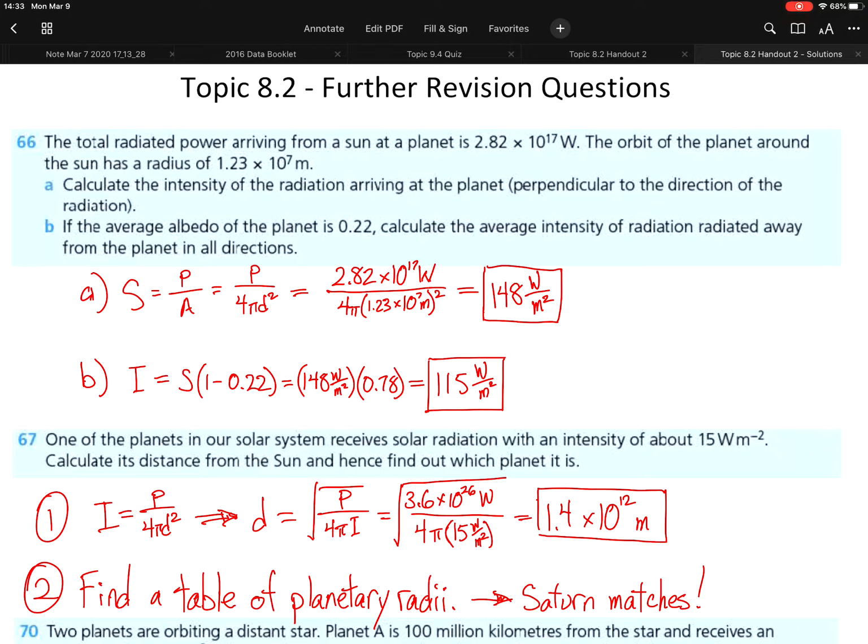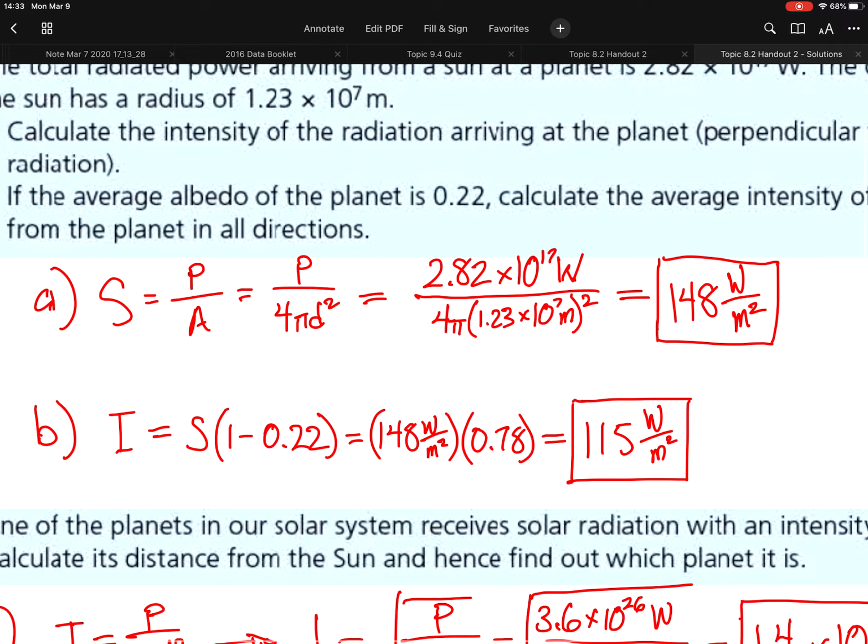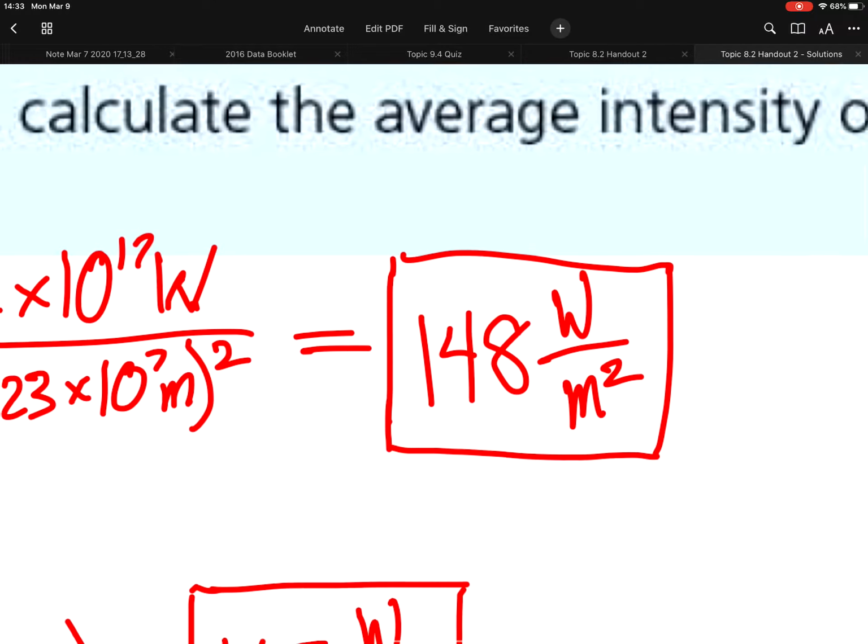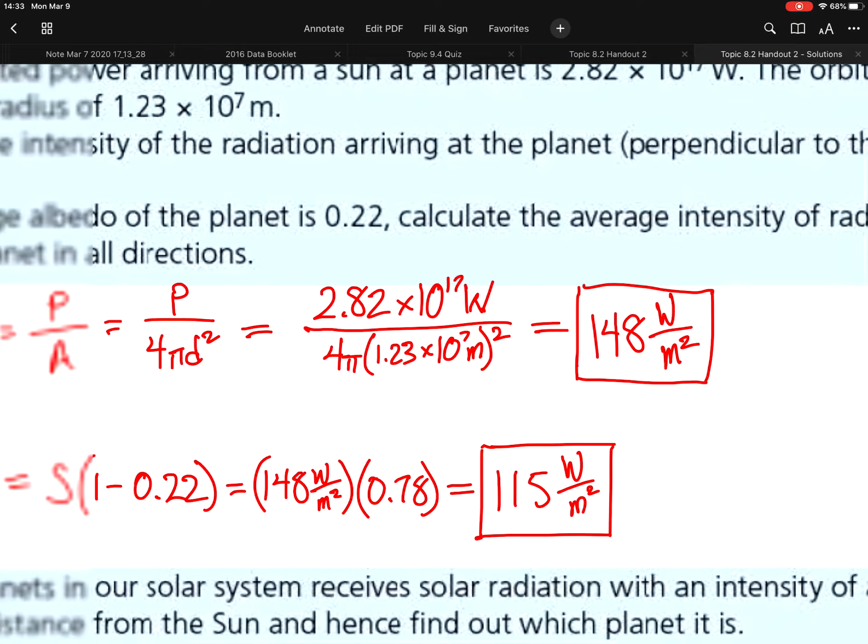This is the amount of energy incident on the planet as power divided by area, and area is given, of course, by 4 pi times the distance from the star to the planet squared. Okay, so we plug in our numbers here, and we get this value, 148 watts per